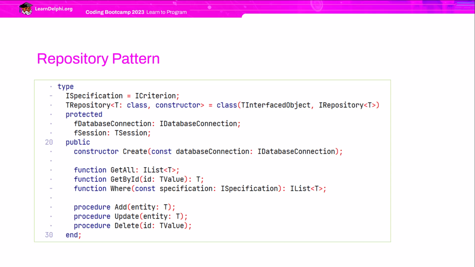The only method I'd like to discuss is the whereQuery method, which takes a specification argument. It's a direct mapping of the ICriterion class from Spring Persistence. In the context of the repository design pattern, a criterion can be interpreted as an implementation of the specification pattern. The specification pattern helps keep the repository simple and clean, avoiding the need to create specific repositories for each entity whenever a new query with a different where condition is required.